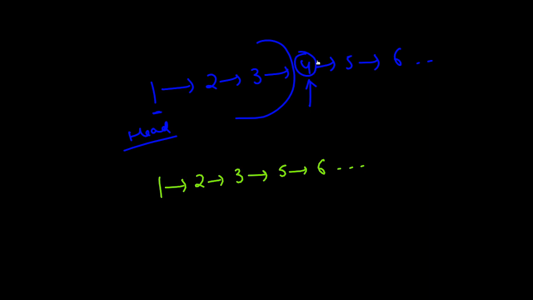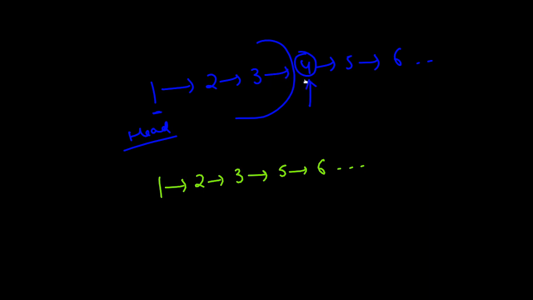Okay. So if you have to delete this particular node 4, usually what you would have done, in case you have access to the node before it, is take this and point it to the next node, and that does the linked list deletion, because this node gets deleted from between, and the linked list that you have is 1, 2, 3, 5, 6, and so on, which is what we desire as well. But since we do not have access to this previous node 3, we cannot do this step. So we need to think of something else.